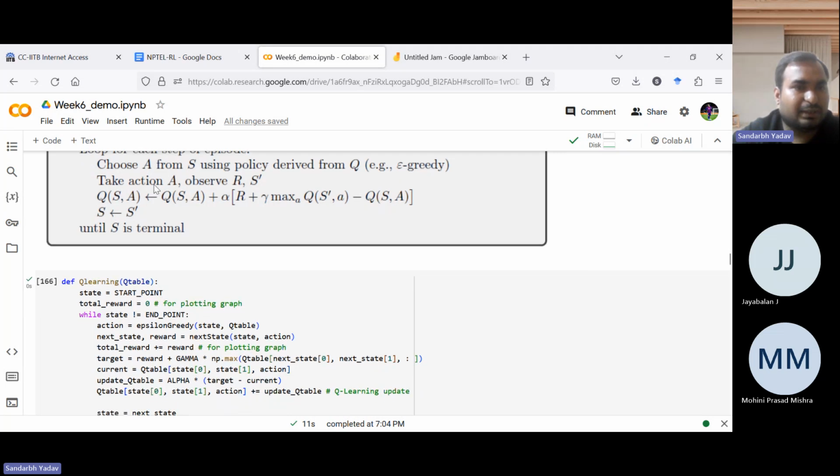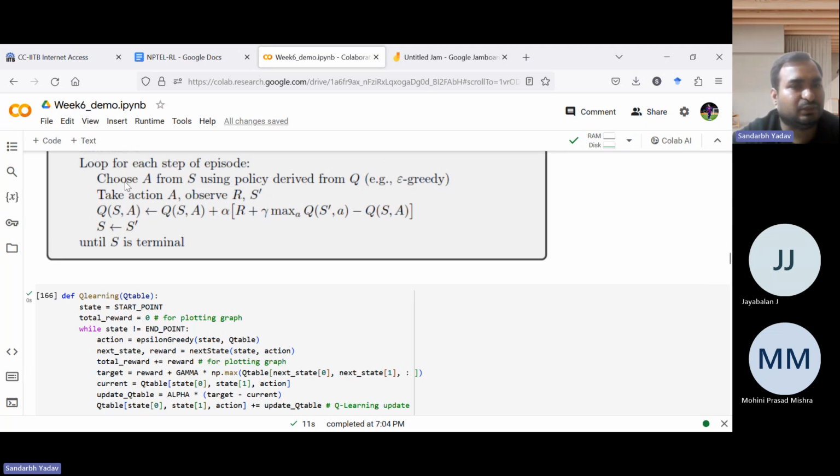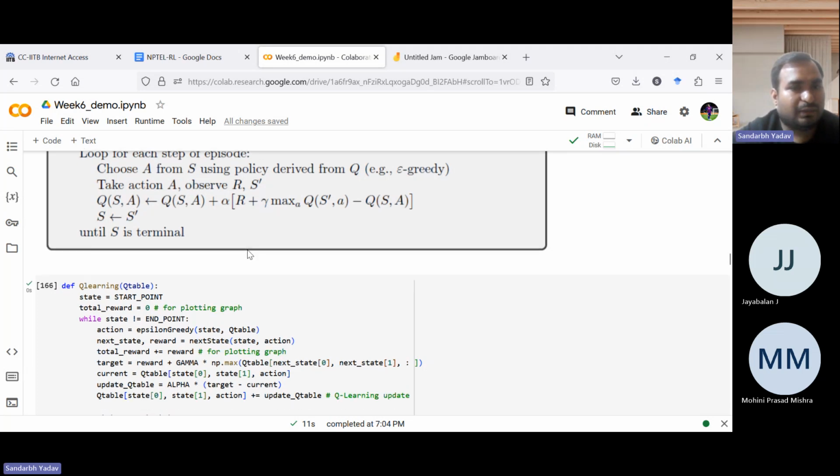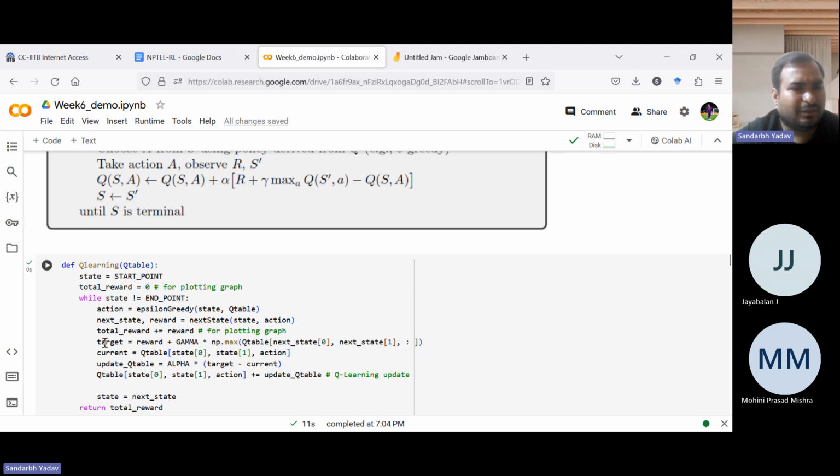Then now we are into the zone of this update equation. So we have already done these two steps, right? Observe the reward and the next state. Now, again similar to SARSA, we calculate the target. So target equals reward plus gamma times... Remember, here we actually need the max. So we need the value, not the argmax. Argmax gives us the action. Max will give the actual max value. So we need that.